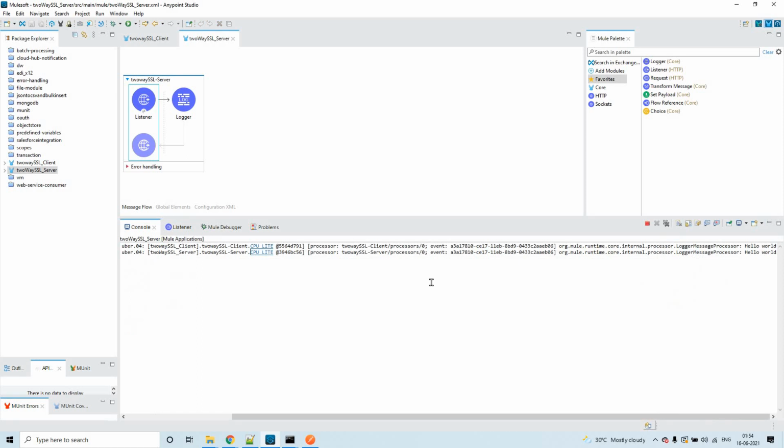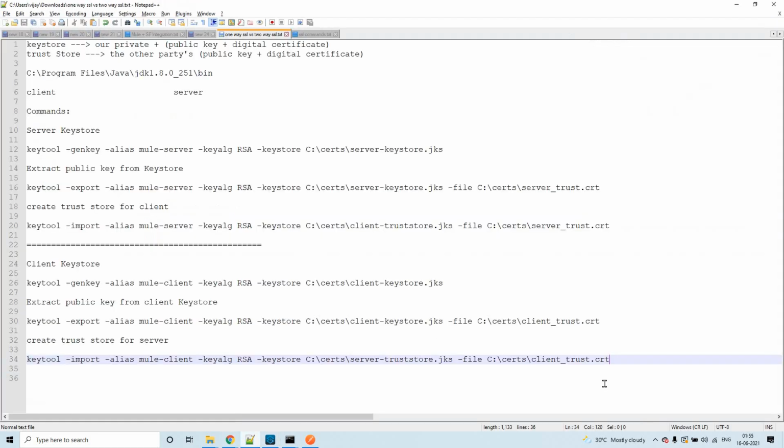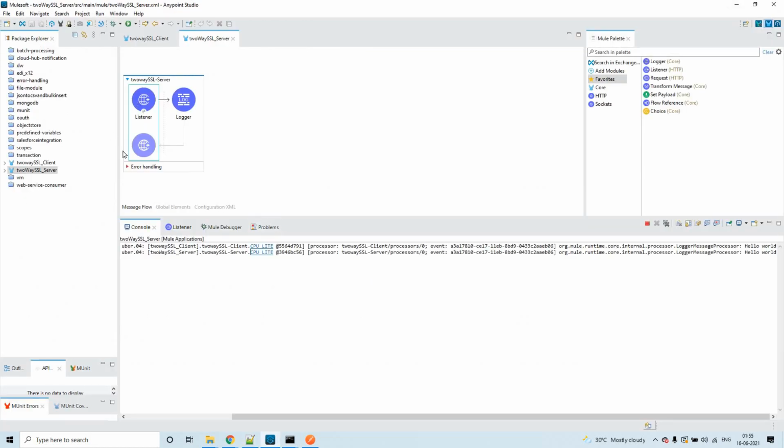That's it from my end for this session. We have discussed the two-way SSL mechanism, and also seen theoretically how to create the necessary certificates and the commands. These commands I will post in the video description. You can configure it the way I have explained. Also go through my first video, you'll get the necessary help on how to configure these things.